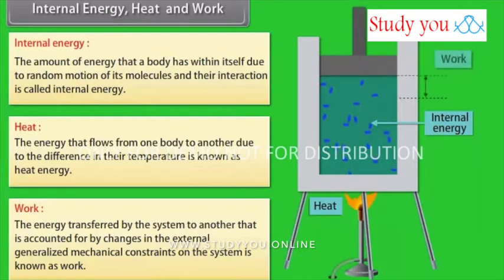Let's take an example. A gas is kept in a container. At the top of the gas, piston is mounted. The container is heating up from the bottom. Now, gas molecules are in random motion due to their internal energy. Heat energy given to the gas molecules raises the temperature and they expand. When molecules expand, then a large volume is covered. This displacement is the work done.